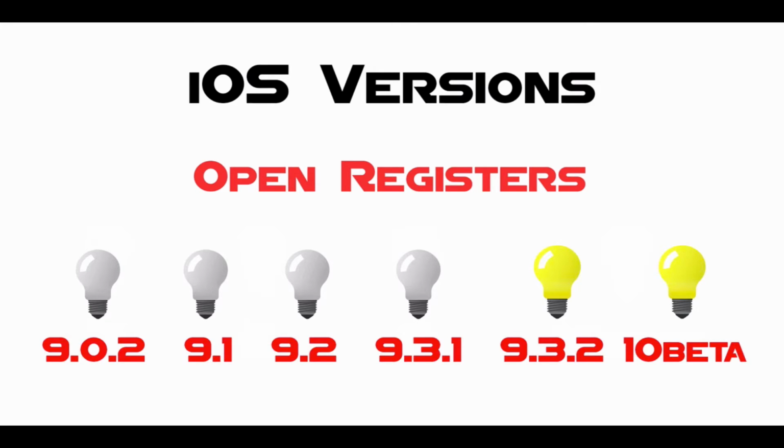So for example, if you guys are on iOS 9.0.2, you cannot update to 9.1, 9.2, or 9.3.1 because of the fact that they are not signed anymore. But if you are on 9.0.2, you can go ahead and update to 9.3.2, which, as of making this video, is in fact the latest iOS version that is signed by Apple. So if you guys are on any other version, for example iOS 7 or whatever, you can go ahead and update to 9.3.2